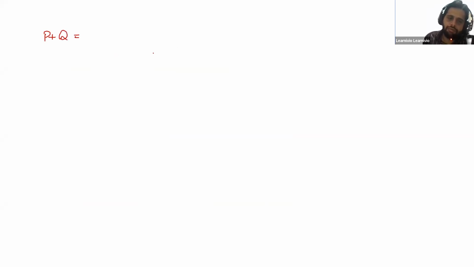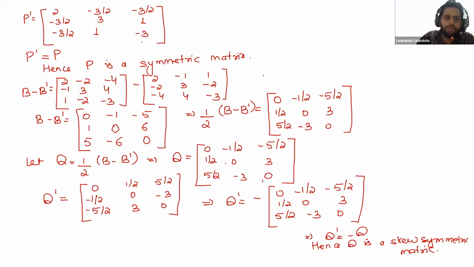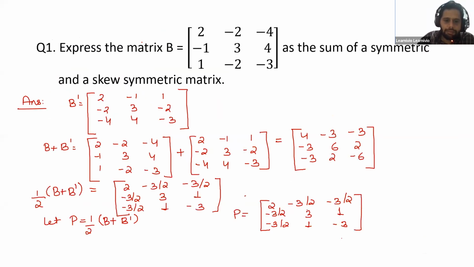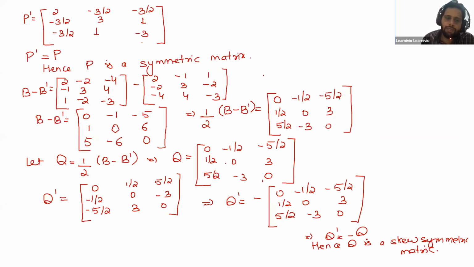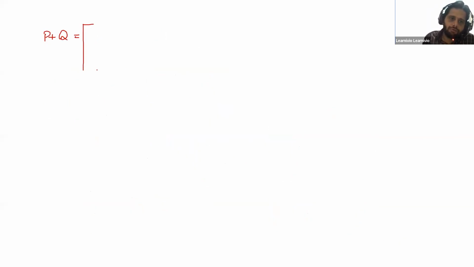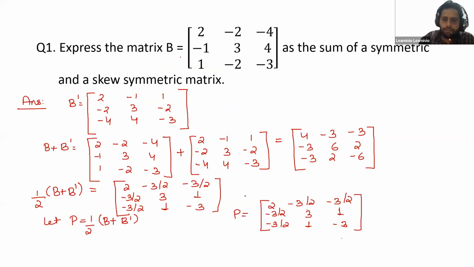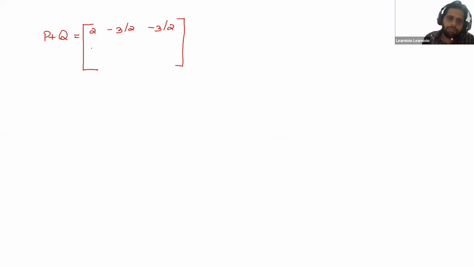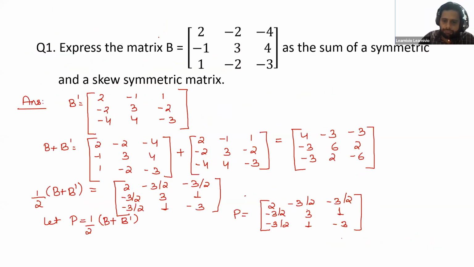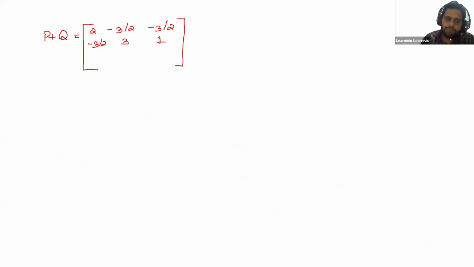I will tell you later on why we are adding these two. What is P? P is 2, minus 3 by 2, minus 3 by 2; minus 3 by 2, 3, 1; minus 3 by 2, 1, minus 3. Plus